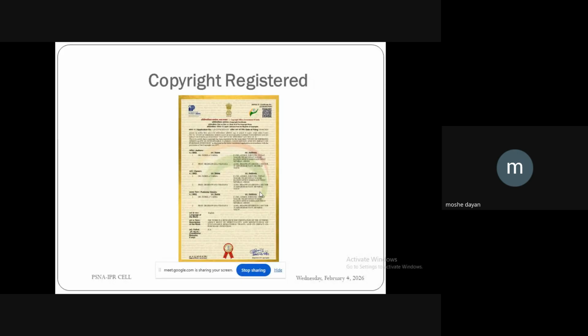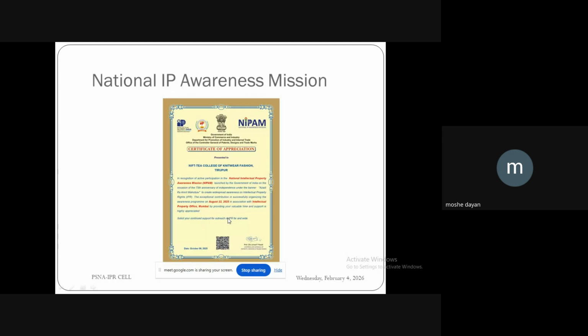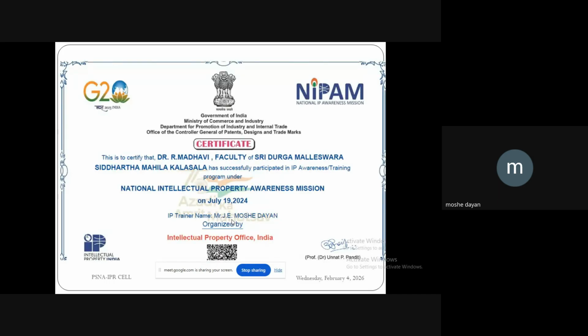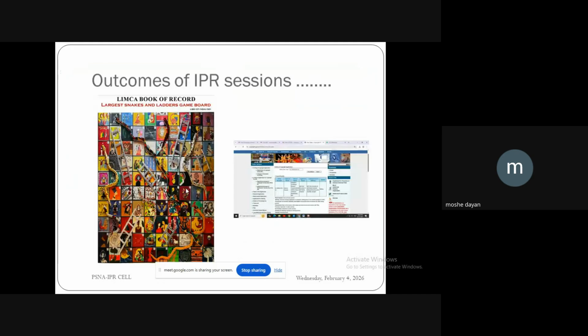This is a copyright which we recently received. And for your kind information, all the participants, I'm also a NIPAM certified trainer. When I go for a presentation, every participant will receive a certificate like this from the Indian Patent Office, NIPAM, National IP Awareness Mission.